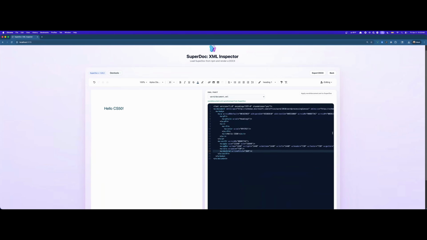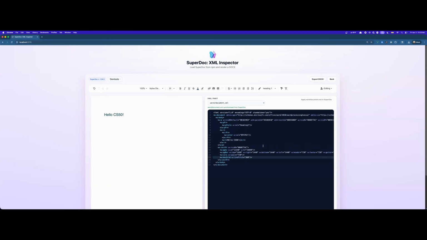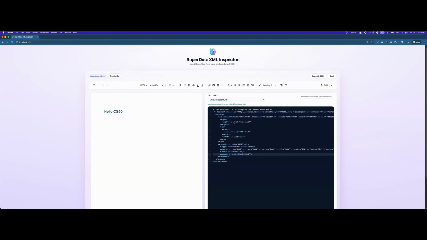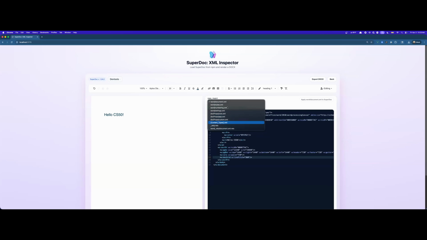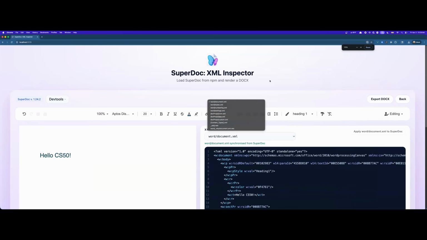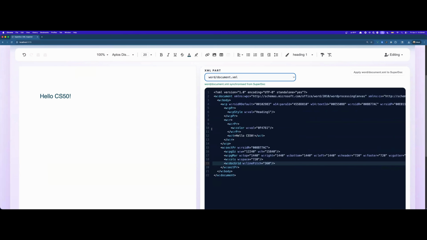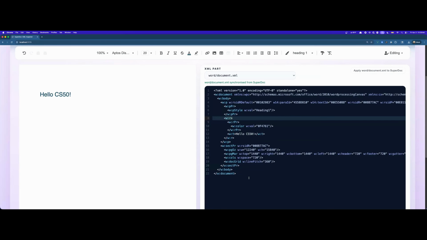This tool is also built with SuperDoc. And what I've done here is I've taken the same file. Actually, this one doesn't have the welcome, but that's okay. And you can see here the dropdown. Actually, let me zoom in a little bit. There. Now you can probably see it a little better. You can see that XML a little bit better formatted, but it's still pretty cryptic, just a bunch of tags, right? You have these angled brackets. If you know HTML, this probably starts to look real familiar.